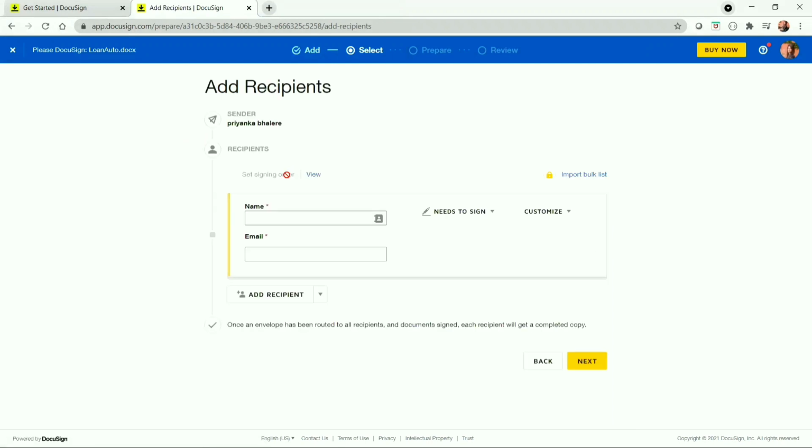As soon as I click on next, it will ask me for the recipient to whom I need to send the document. So add the people who need to sign it. Let's add the name, for example Priyanka, and let's add the email. And click next.